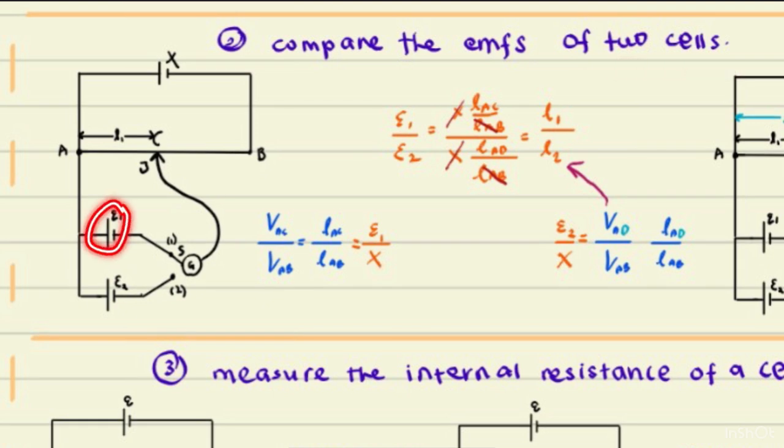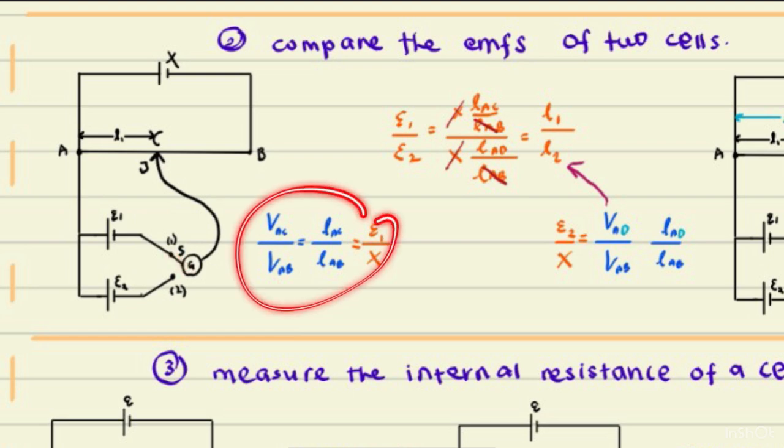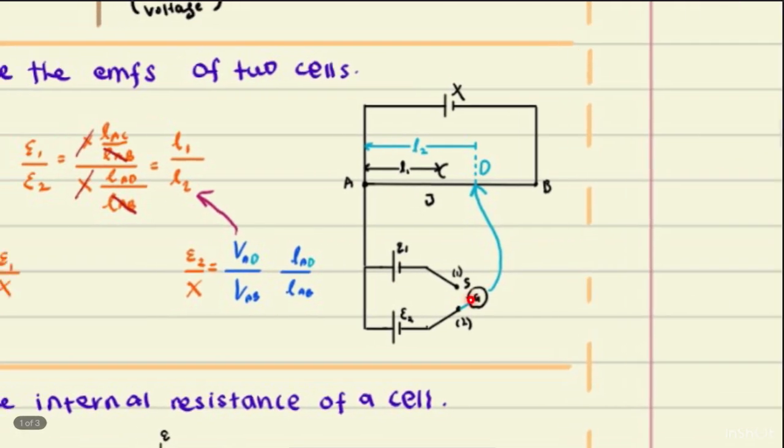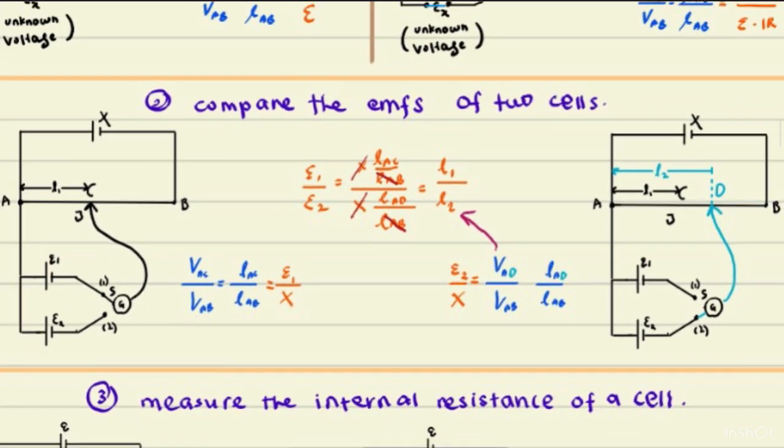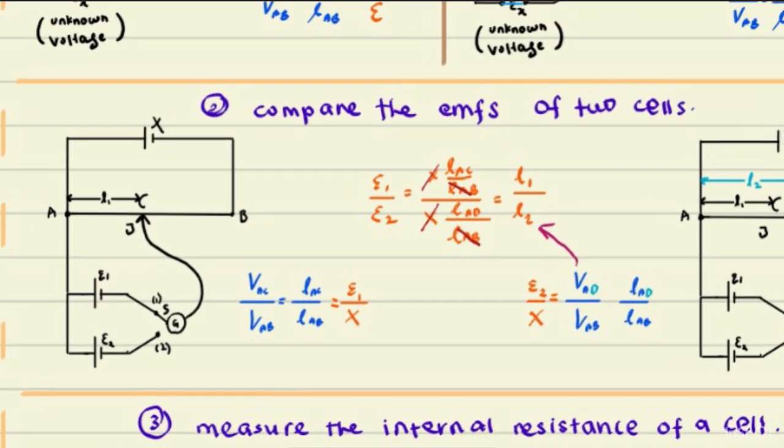Let's say kita ada EMF 1 sini, EMF 2 sini, and then kita ada switch. So if Miss put it here, and then there's another length sini. And then Miss changes the switch to this part, and then there's a new length over here. So how do we compare both EMF? Then, because this one tidak anu kan, so the EMF here,